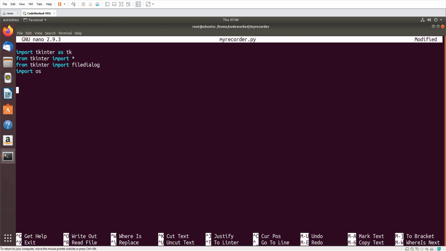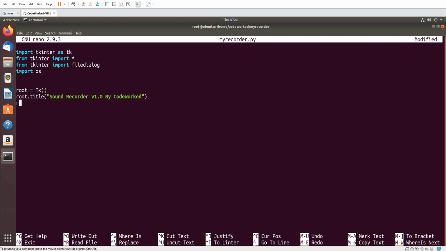So let's initialize tkinter here. Root equals tk, and let's set its title. Okay, root.title, sound recorder version 1.0 by Kurt Work.